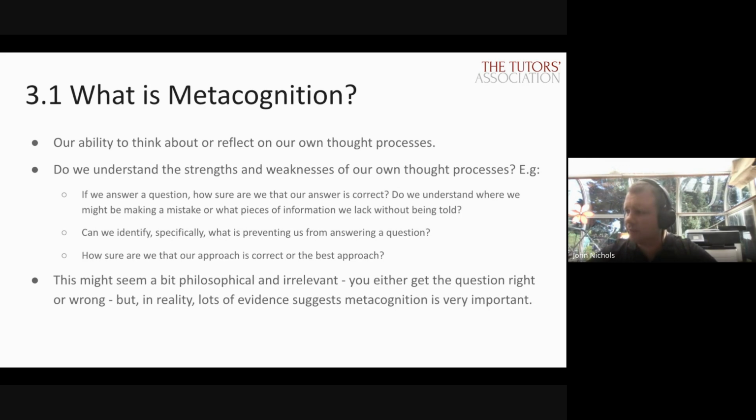First of all, if we answer a question, do we know it's correct, or is this a wild stab in the dark? That is a simple example of metacognition. How confident are we that the answer we've given is actually the right one? Would you bet your life on it? Would you bet £1 million on it? Obviously, you don't have £1 million, so it doesn't make much sense. But would you be really confident that you're going to get this answer right? That's an example of metacognition.